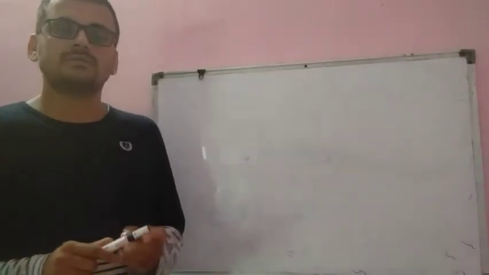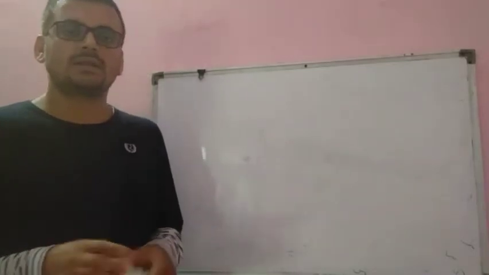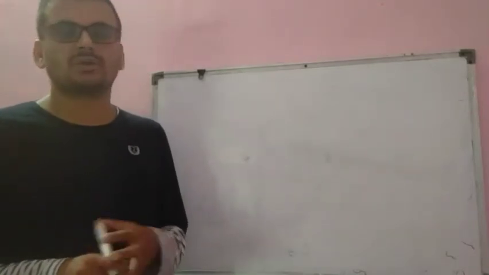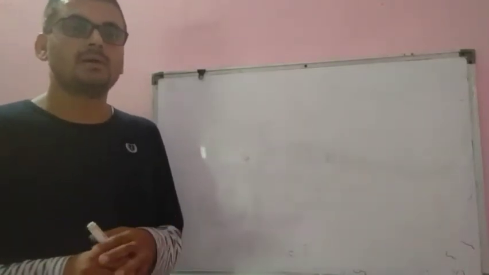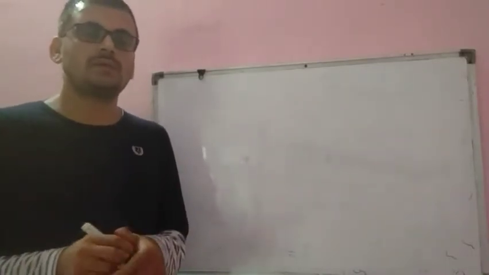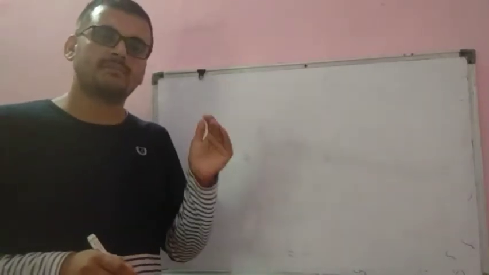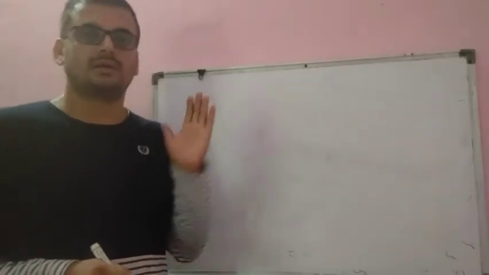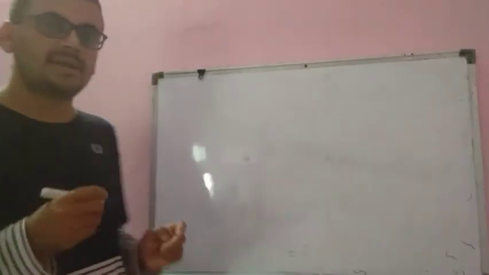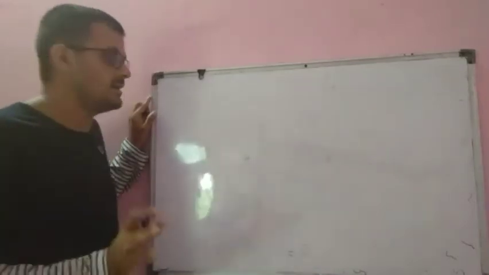Okay student, in the last video we discussed the kinematics equations of motion, that is v equal to u plus at, s equal to ut plus half at square, and v square equal to u square plus 2as. We proved these equations by using the graphical method. So today we will discuss these equations again and prove them by using the calculus method. So the first topic for today is kinematics equations of motion by calculus method.